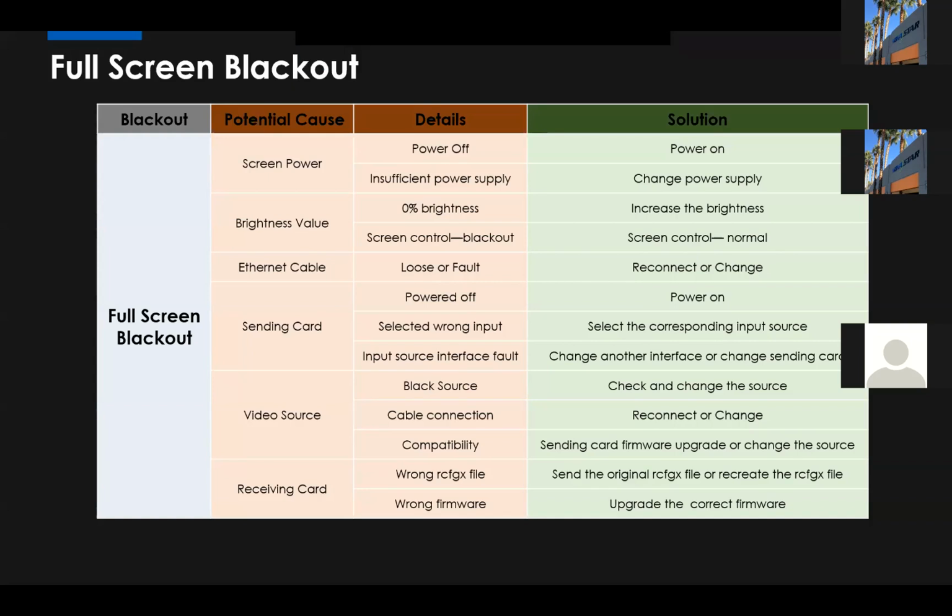Another possibility is that we set the screen control to blackout. We have three methods for the screen control: freeze, blackout, and normal. So maybe you just set the screen control to blackout. Just change the screen control in the software to normal to check if it's the problem.